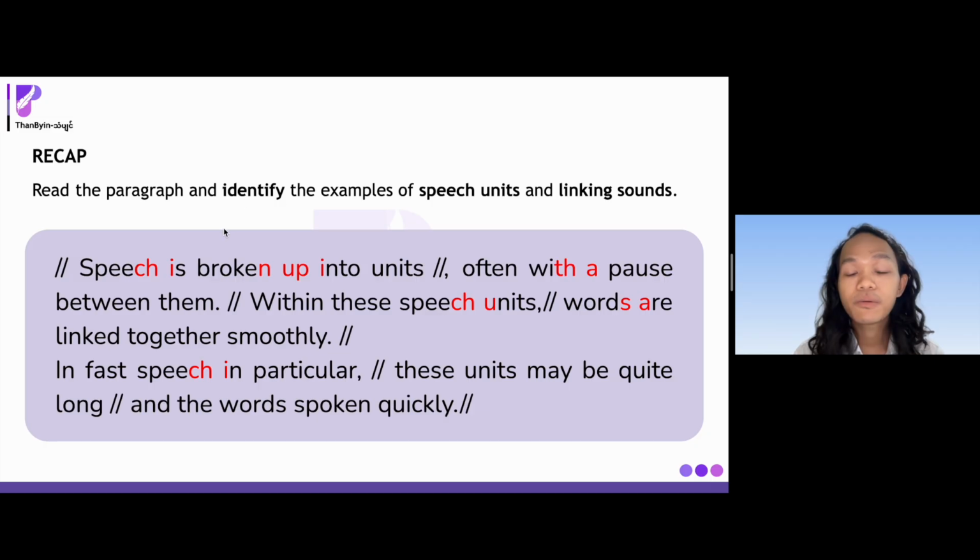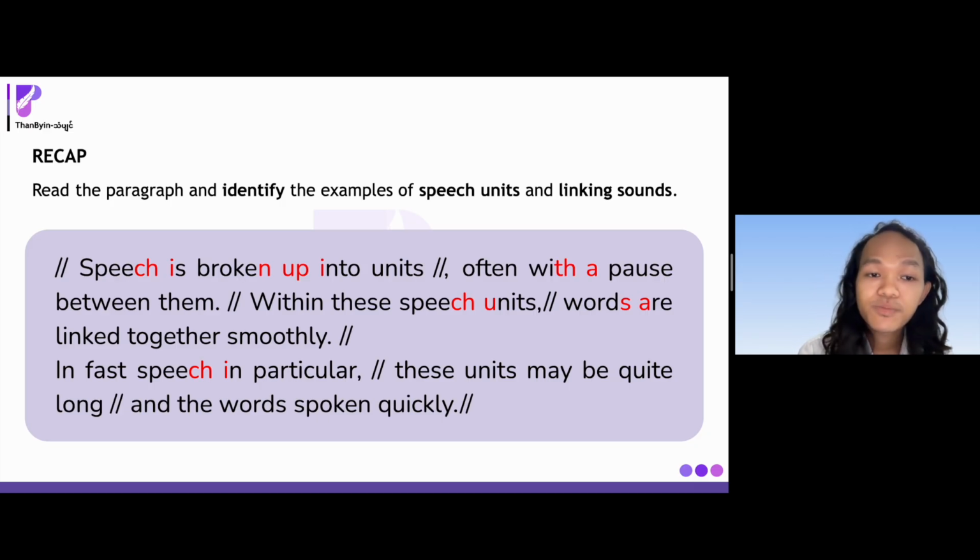Okay, so we will try to read the paragraph out loud and then produce speech units and linking sounds correctly, smoothly. Okay, now let's simply dive into it. First of all, I will go first, and you may repeat after me. So the first one: speech is broken up into units. Here are linking sounds. Speech is broken up into units,